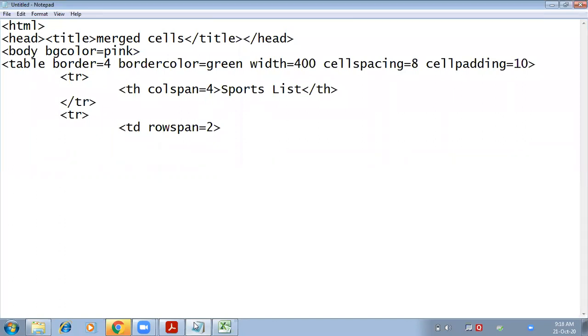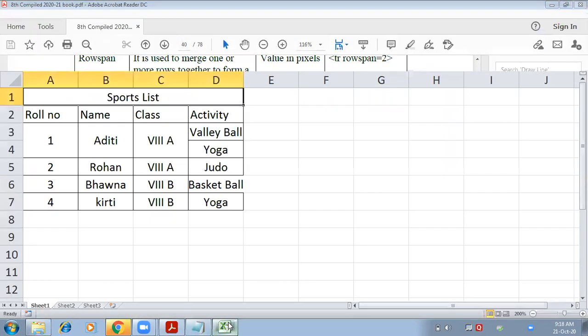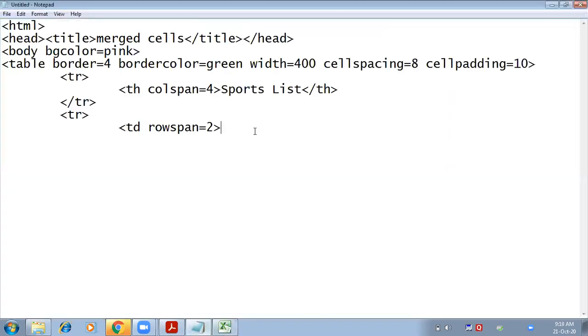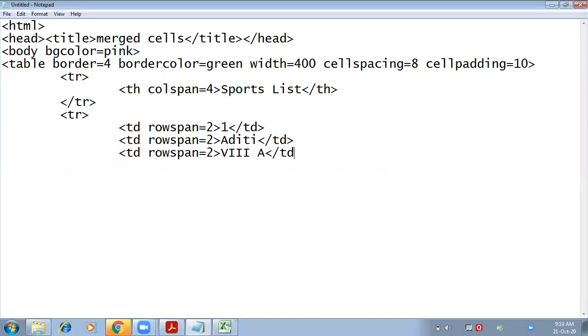The content of the first cell is 1. Close td, again rowspan equals to 2, Aditi, close td, rowspan equals to 2, 8a, close